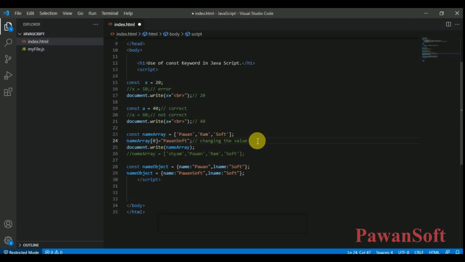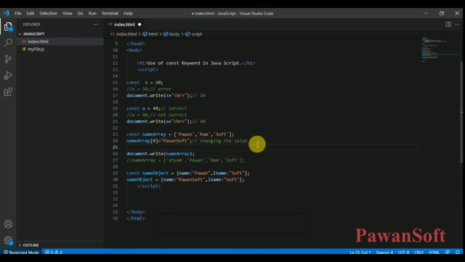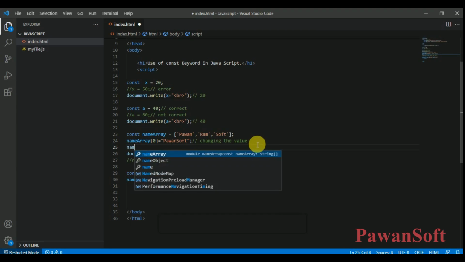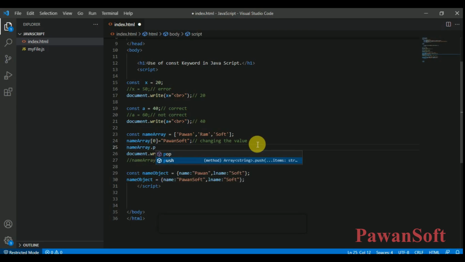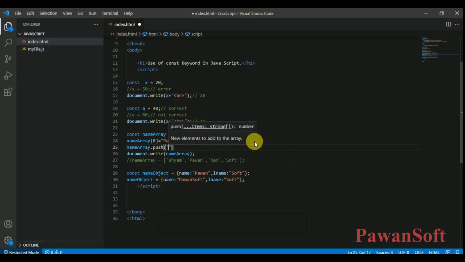Again, you can change the property also, right? Name array dot push. Using the push keyword you can add an element. So again I'm going to add.